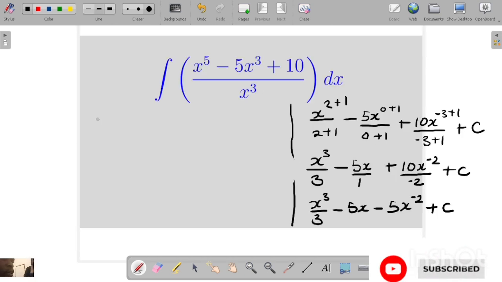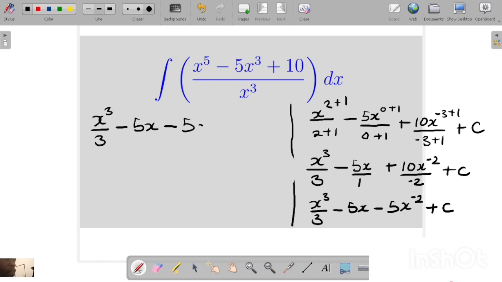Finally, we're going to have x to the third power over 3 minus 5x, minus, now this we have to take back to a fraction, so it's the same as 5 times x to the second power